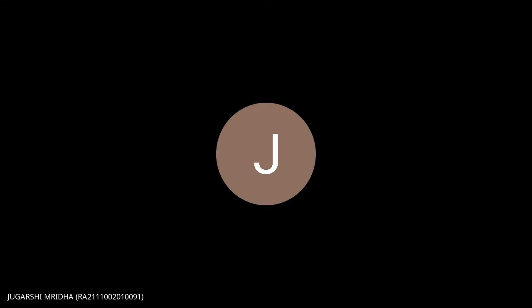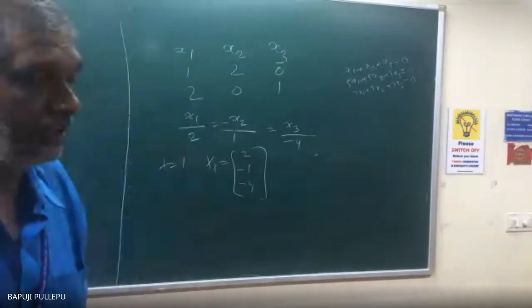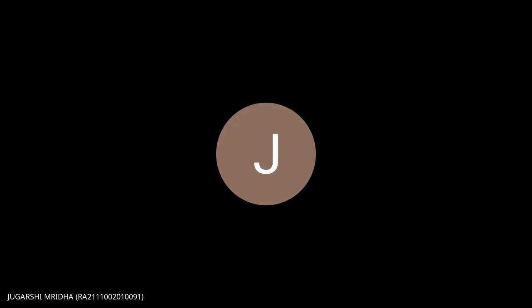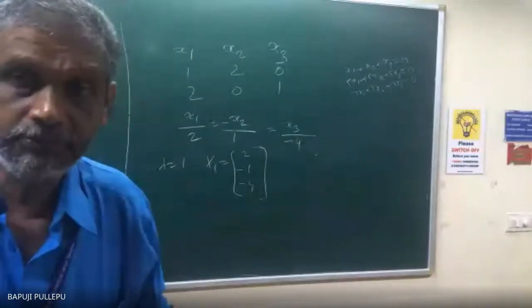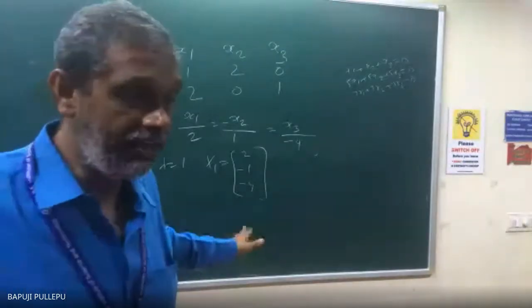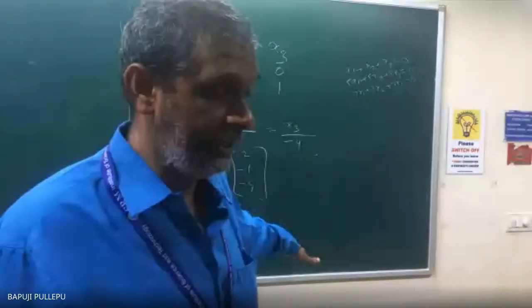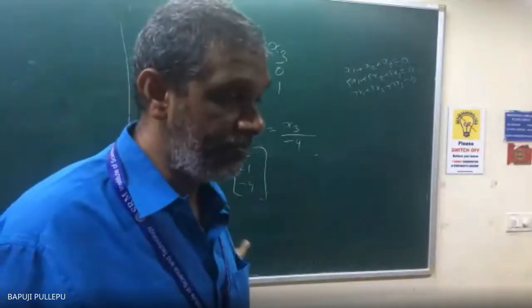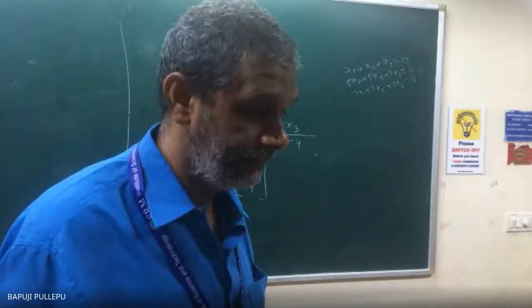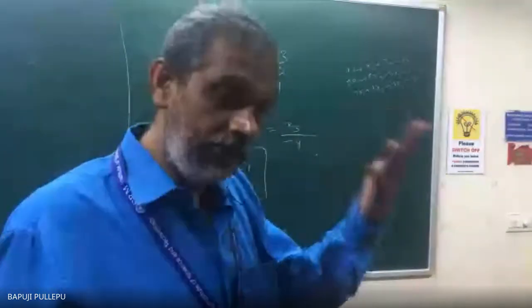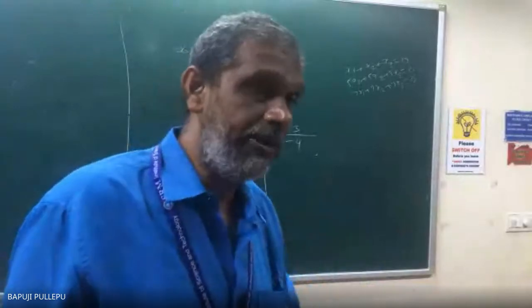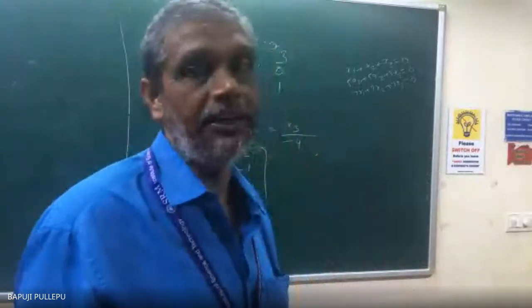Then sir, I will write in the matrix x1 like all the coefficients. Yes, x1 is equal to, in matrix, vertically you can write 2, minus 1, minus 4. For x2, like, will it be the same matrix? You have to find out. This is one. When lambda is equal to 1, this fellow is the eigenvector. Next, when the second lambda is 3, you can find another eigenvector. When lambda is equal to minus 4, you can find another eigenvector.